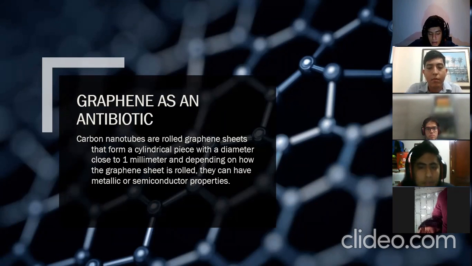In a study in which pegylated carbon nanotubes were used for the first time, a layer of silver was added in an attempt to eliminate the pathogen Salmonella typhimurium,